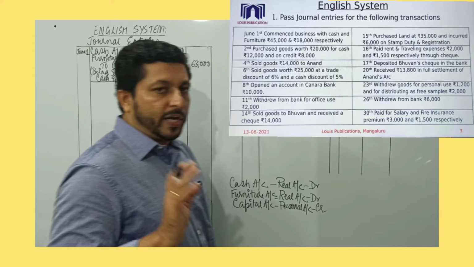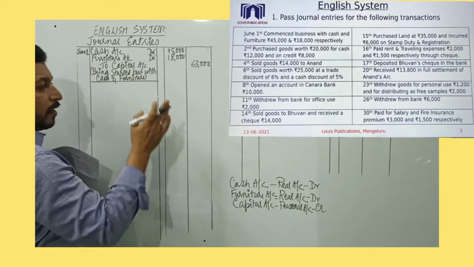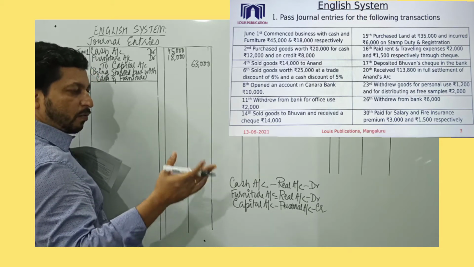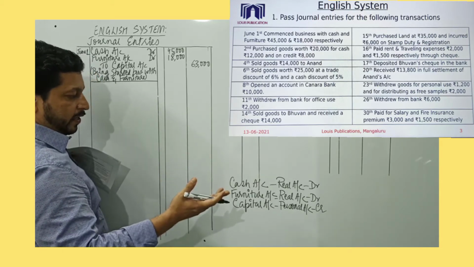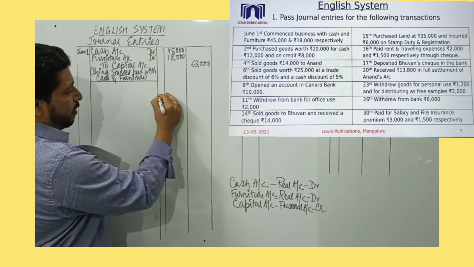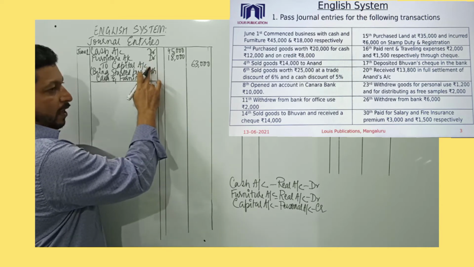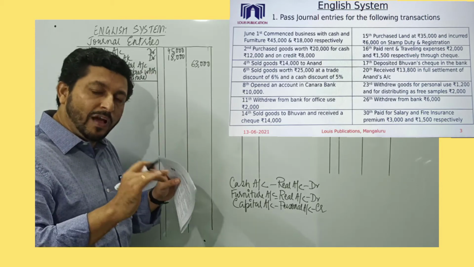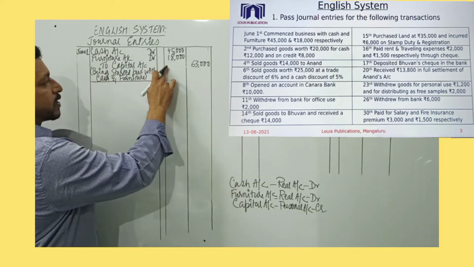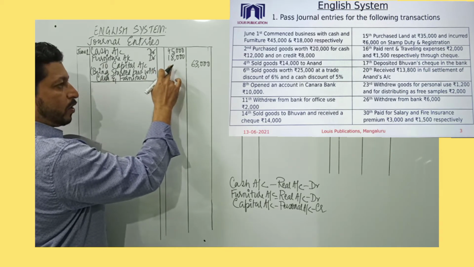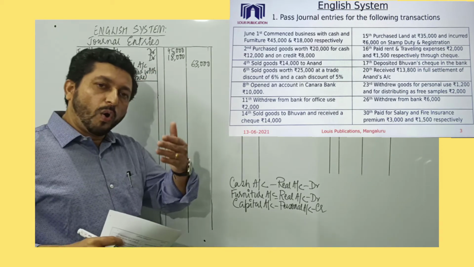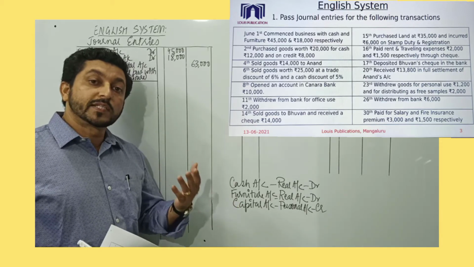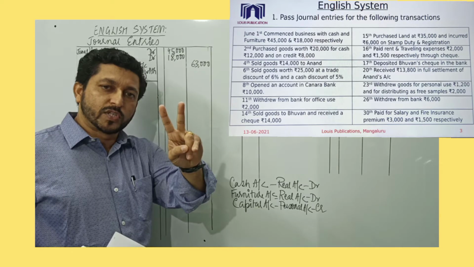Now a very important point that we have to note is, in our discussion in the previous session, we had only two accounts and one account was debited, another account was credited. But if you look at this transaction, we have more than two, we have three accounts. So journal entries where there are three or more accounts involved, such an entry is called a compound journal entry. Whereas all the entries that we have learnt in the previous session are all known as simple journal entry, where only two accounts are involved.